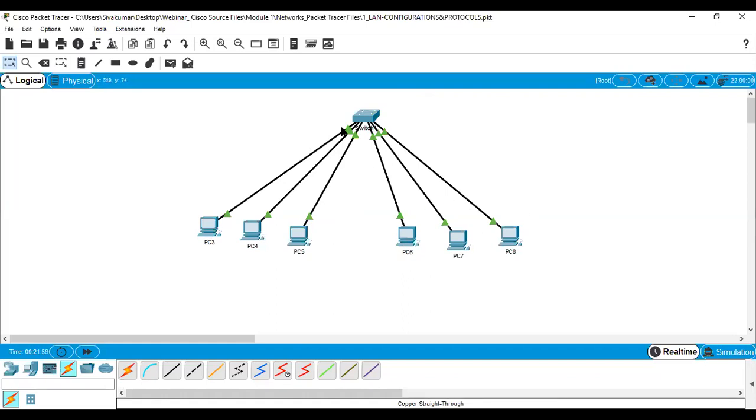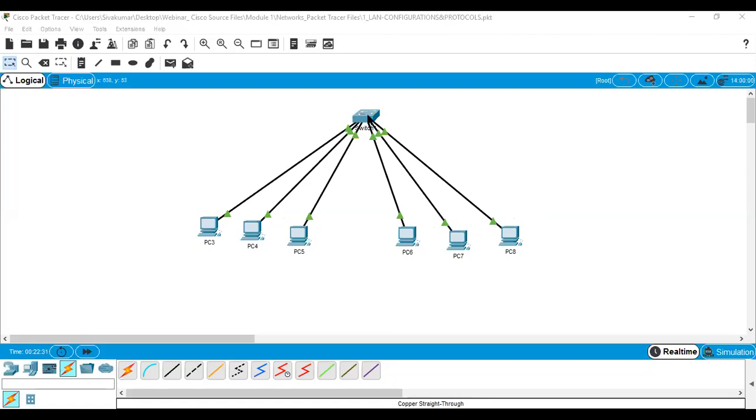Now, using this switch configuration window, I have to separate these two blocks. Assume this one is the ground floor systems and this is the first floor systems. What is the command I have to give? This one is for constructing VLAN 10, and this is for constructing VLAN 20. VLAN 10 means their IP addresses start with 10, and here the IP addresses start with 20, so we simply call them VLAN 10 and VLAN 20.